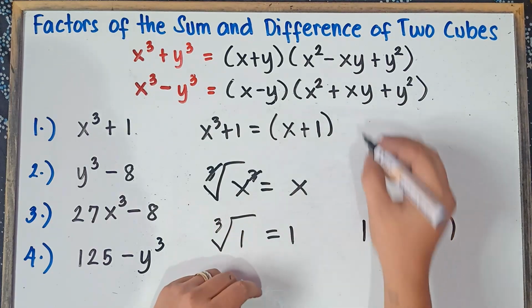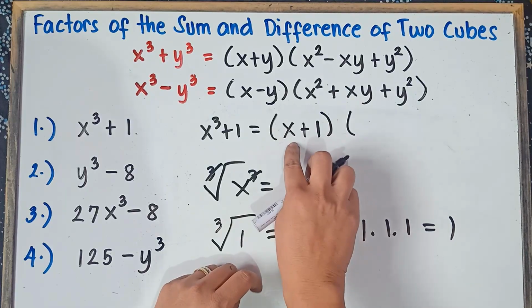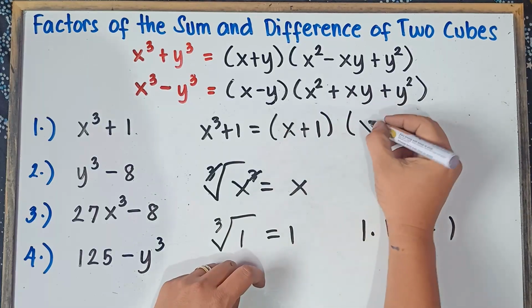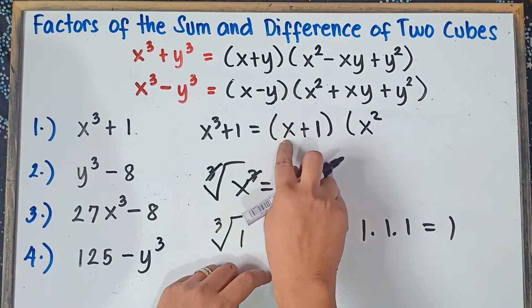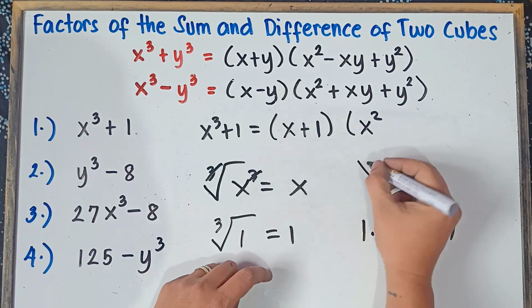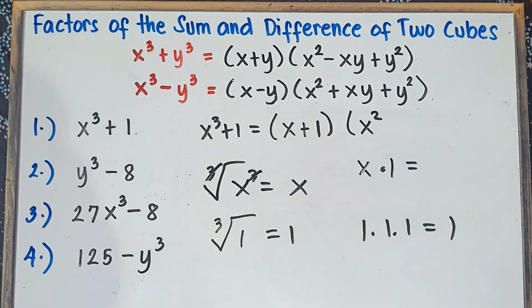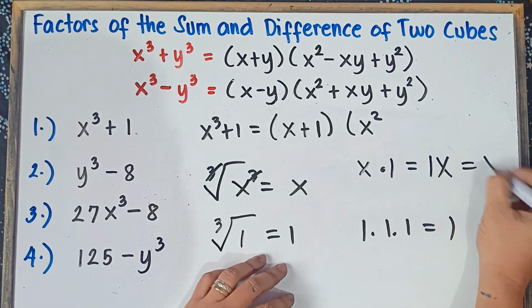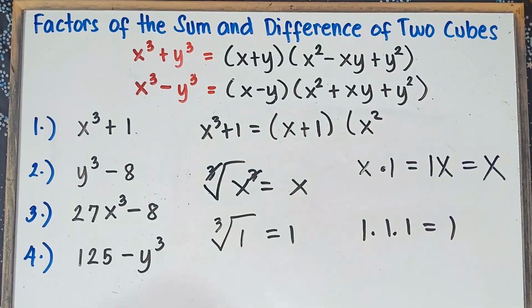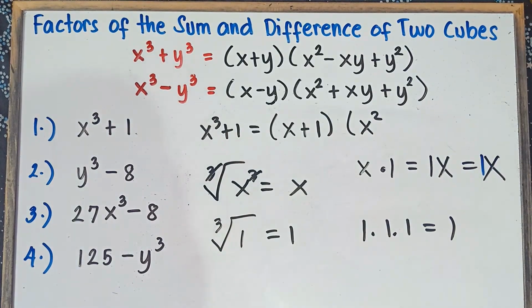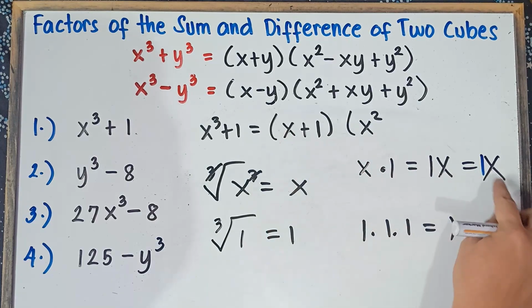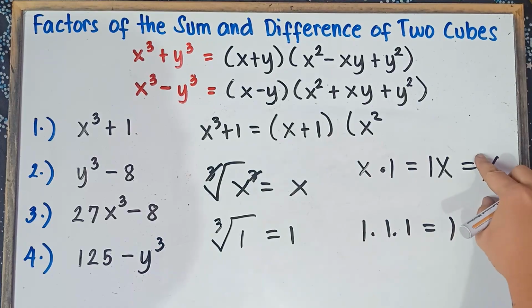And then our second factor, this will be our guide. Get the square of the first term, x times x, that would be x squared. Multiply the first term by the second term, x multiplied by 1. What's the answer, class? That's correct. That would be 1x, or that would be equal to x. 1x is just the same as x. Understood that there's 1 here, class. Once again, class, x times 1, that would be 1x, or we can just simply write x.